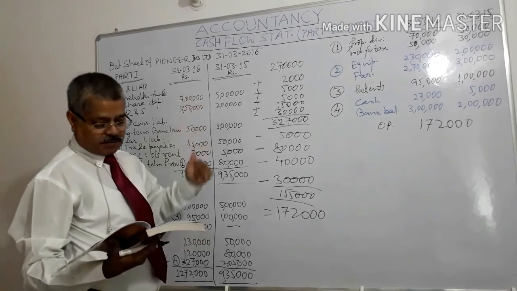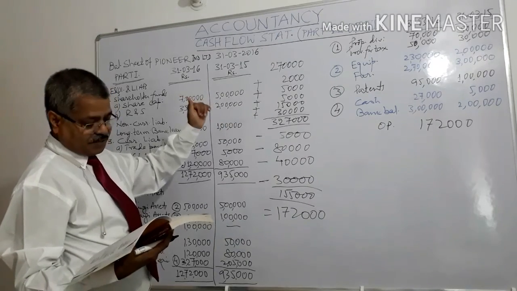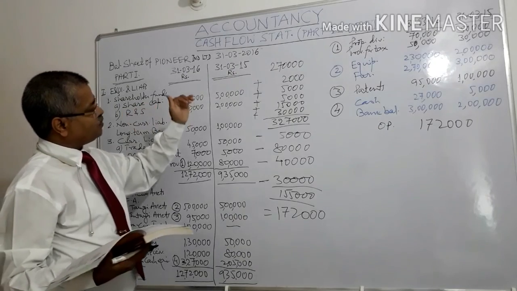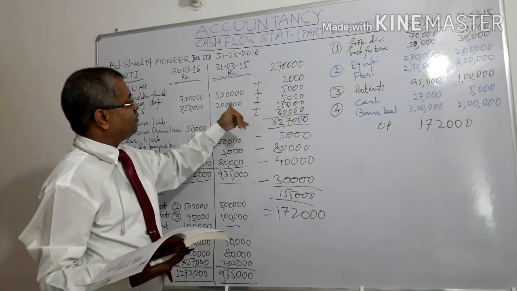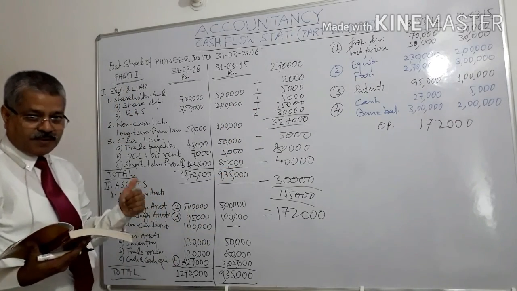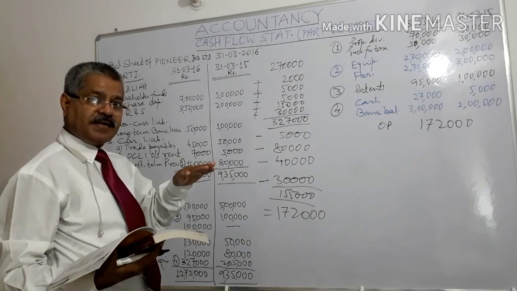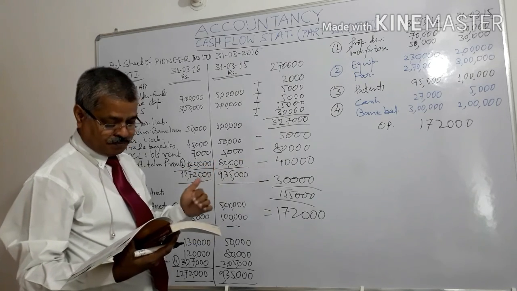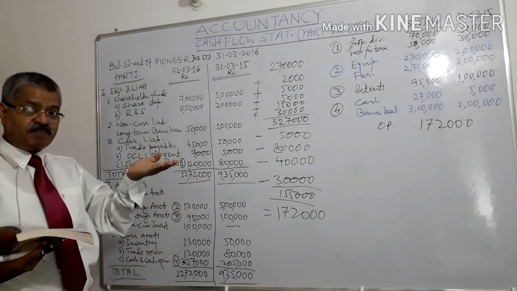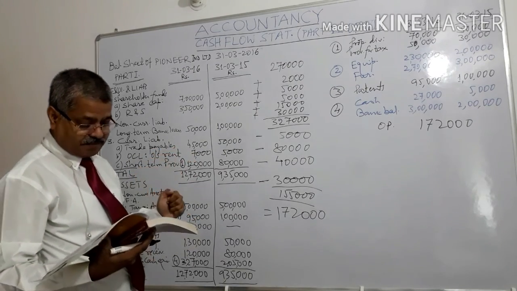Okay. See what we have done, we have arrived at the figure profit before tax and extraordinary items. And what we have done, depreciation on equipment, depreciation on furniture, patents written off, and loss on account of sale of equipment, we have added back. So it has become 327,000. And what we have deducted, decrease in trade payables. If payables are getting decreased, it means cash has been used. Increase in outstanding rent. If outstanding rent has increased, it means rent has not been paid. Cash has remained in the system. It has not gone out. So that has been added.